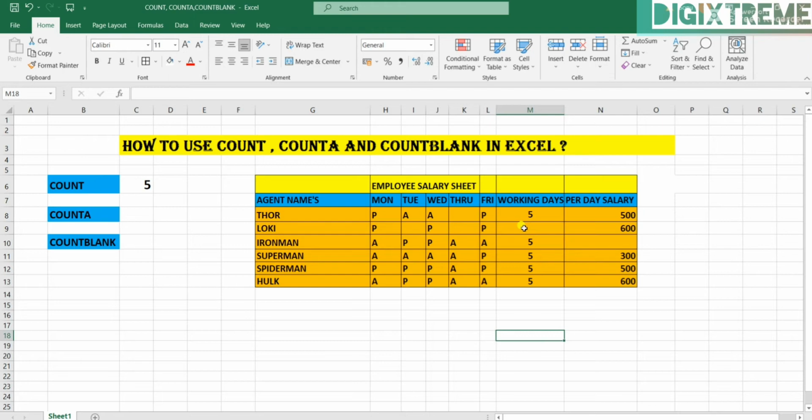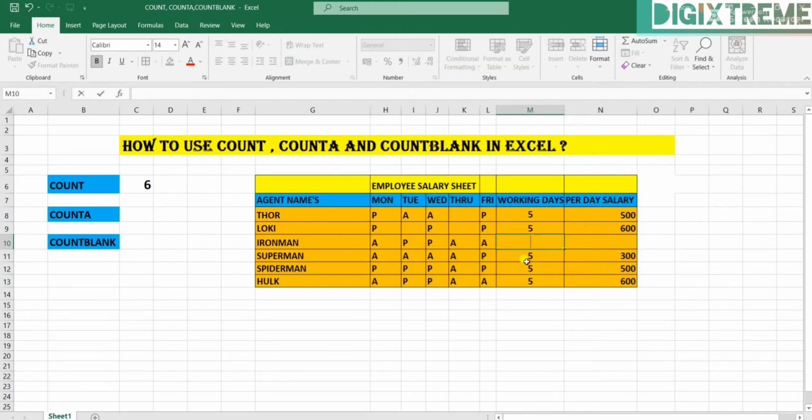Now let me try to add 5 again, and let's see. You can see it changed to 6. So now I hope you have understood this, and remember this: it will also not count any blank cell.